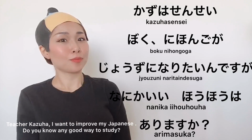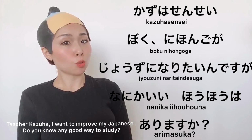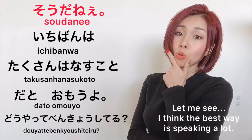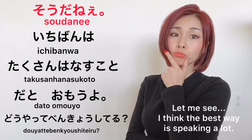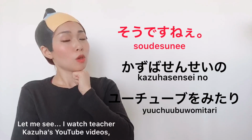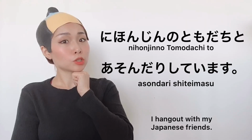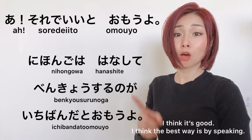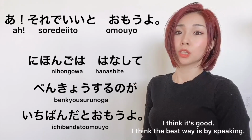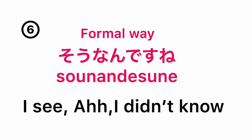カズハ先生、僕、日本語が上手になりたいんですが、何かいい方法はありますか？そうだね。一番はたくさん話すことだと思うよ。どうやって勉強してる？そうですね。カズハ先生のYouTubeを見たり、日本人の友達と遊んだりしています。あ、それでいいと思うよ。日本語は話して勉強するのが一番だと思うよ。